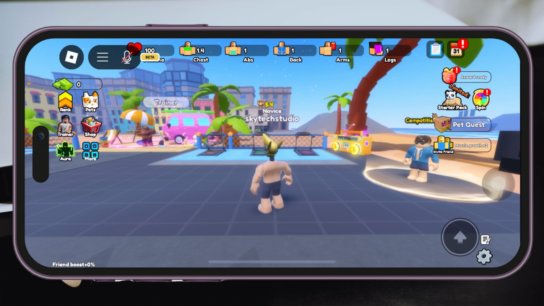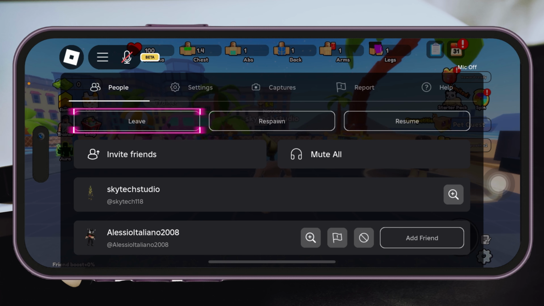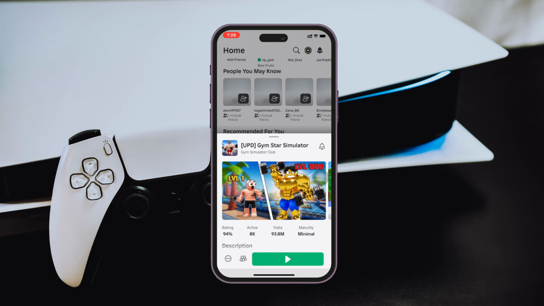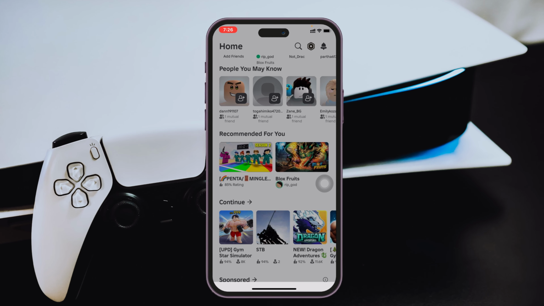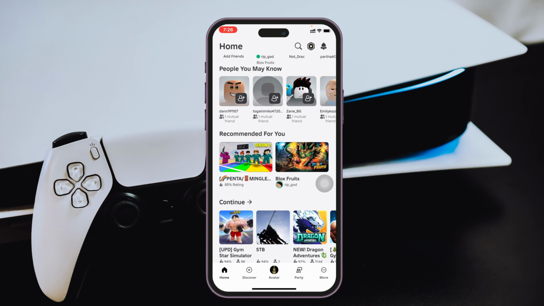So now to enable it, you just need to tap on this Roblox icon at the top left right here, and then simply go ahead and tap on leave. And tap on leave from here, and that will actually exit the game. Then get back from here, and from your Roblox homepage, go ahead and tap on this more button at